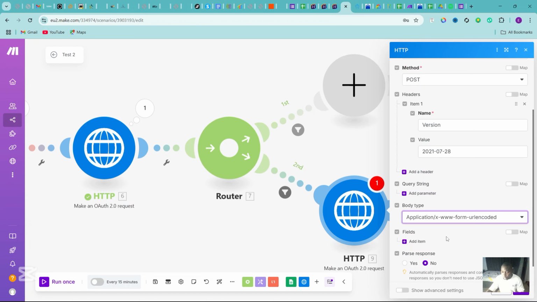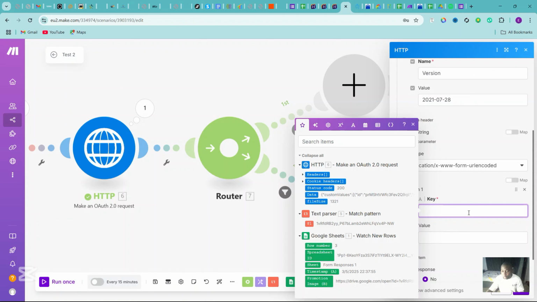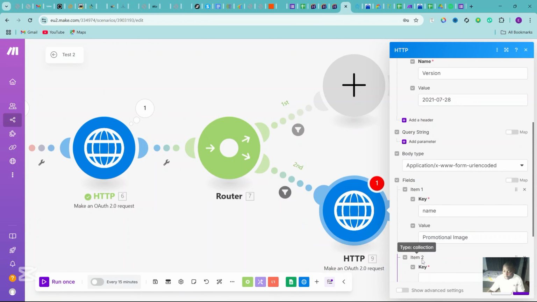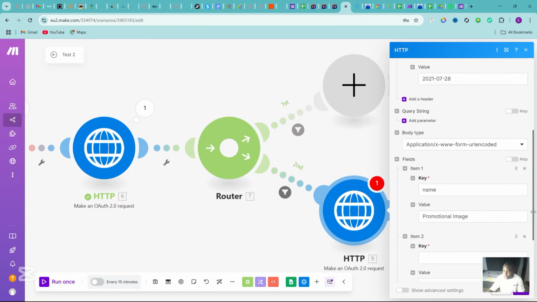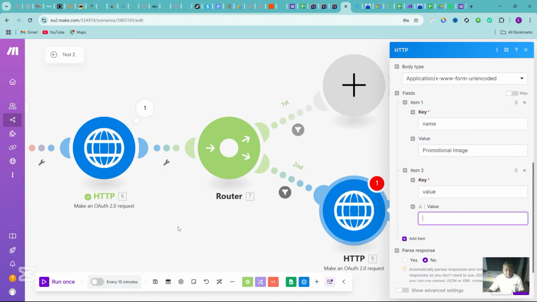The name would be promotional image. And then the second item would be value. And then the value would be, like I said earlier,